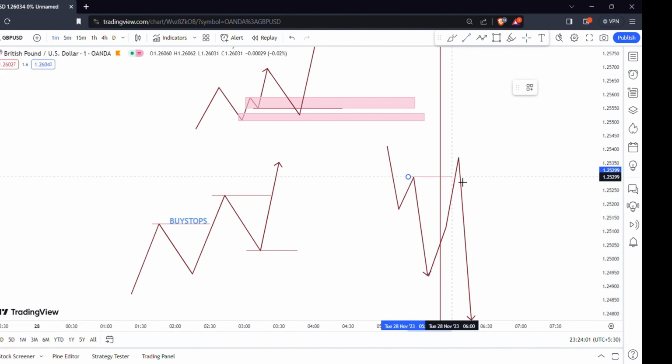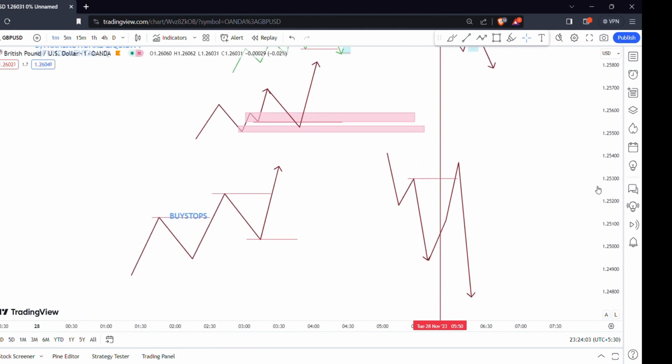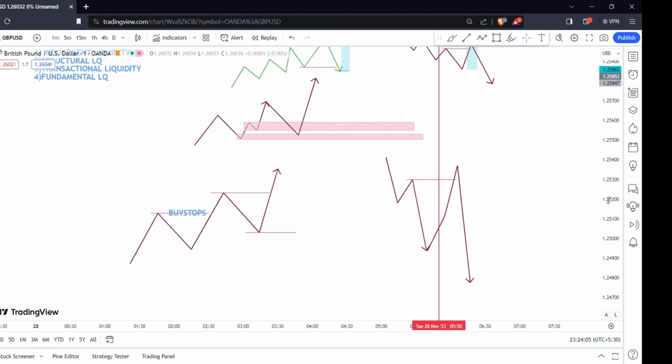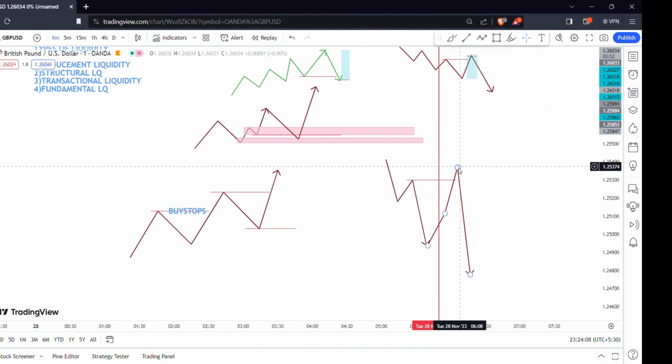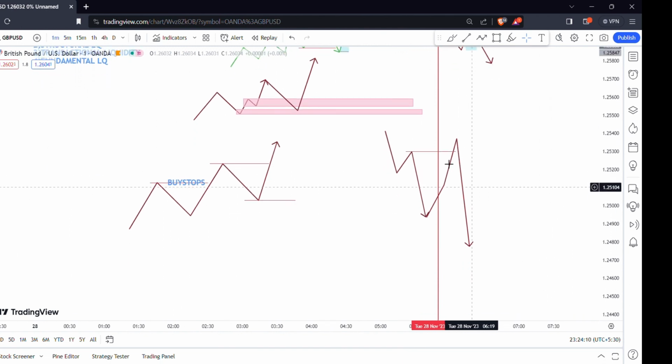This is a very important thing. Let's say the news came bearish for the dollar and the news is not yet released, but if you are a gem in technical analysis, 80% of the time you can know where the price is moving. If the sell side liquidity is taken out, you can have buy positions. If the buy side liquidity is taken out, you can have sell positions, simply because of understanding the liquidity.